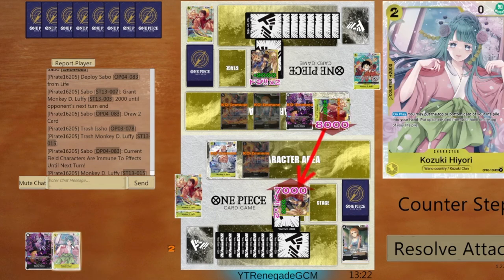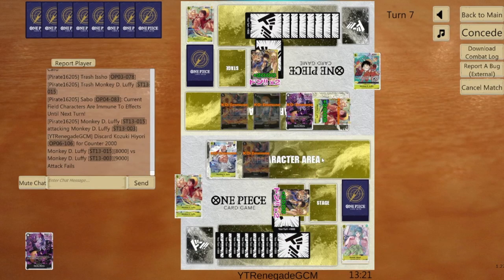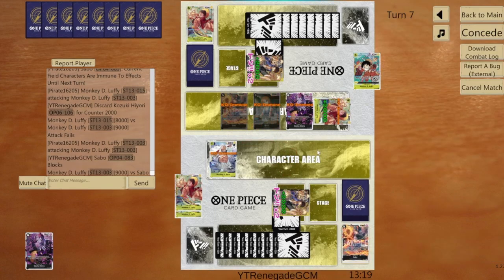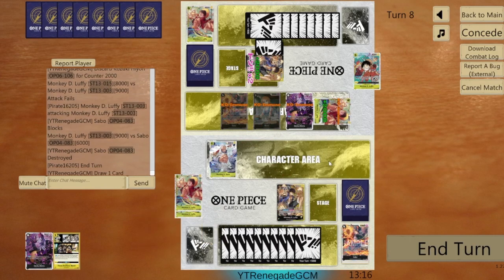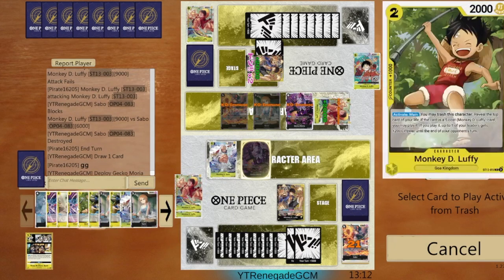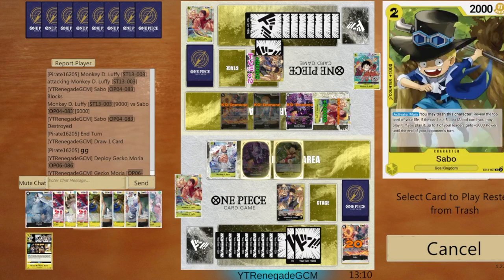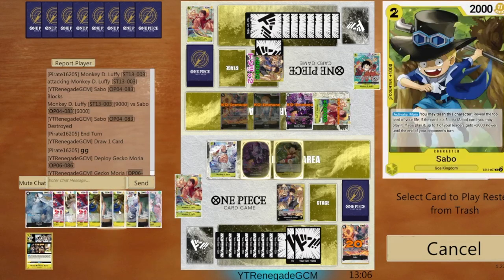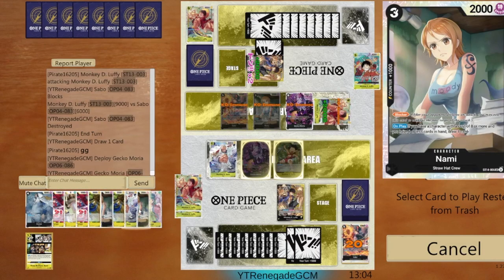They're going to go 8 into life here. We're going to give them a 2k. That's our last counter in hand. So 9. We're just going to give them the blocker here because we have the Gecko, which we're going to deploy out, and we're going to get Luffy. And we don't have another little Luffy. Okay. So we're just going to grab